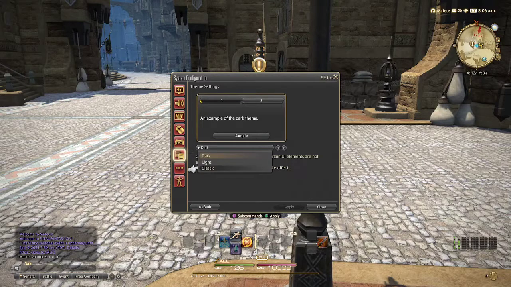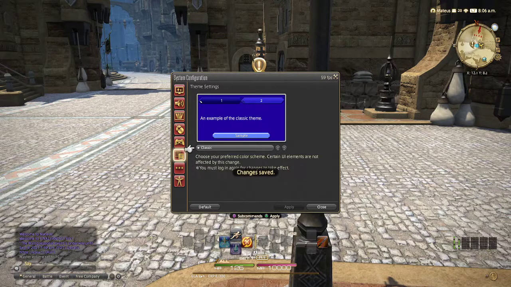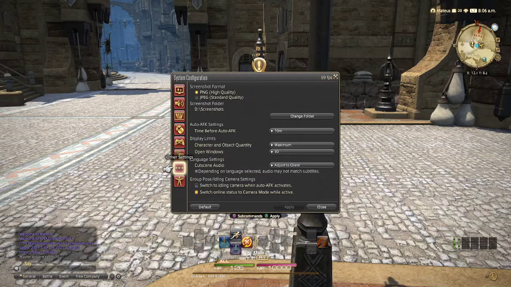Classic is a very good one because it just gives you that old Final Fantasy feel if you really want to go for that one. I was using that one for a while, but then I switched over to dark because, why not? Other settings: screenshot format, where your screenshots go,